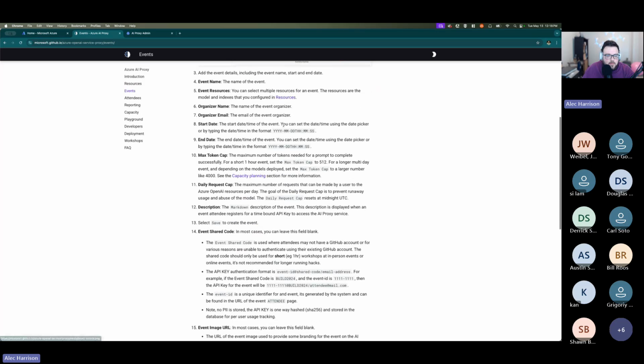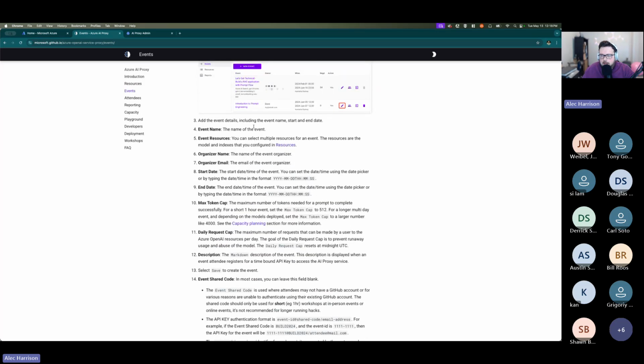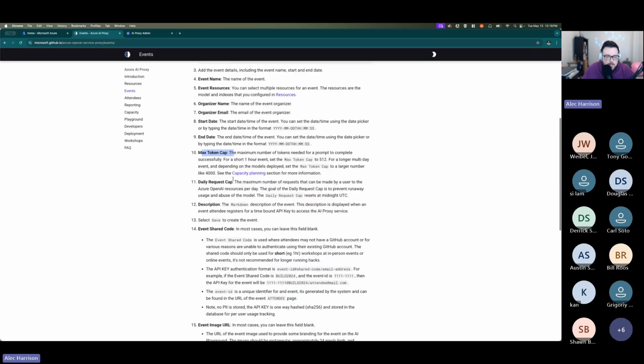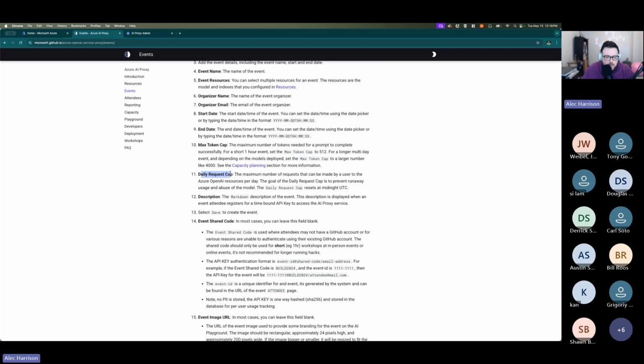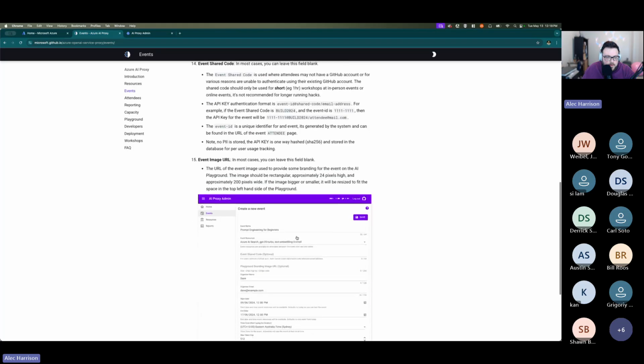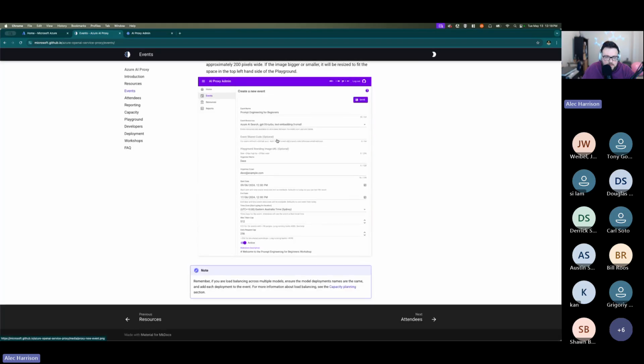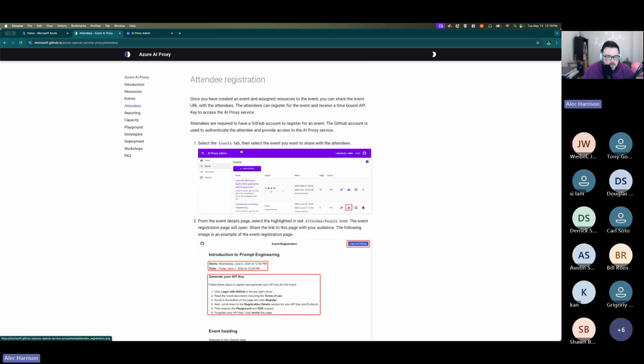So if you want to roll out multiple events, you can start and stop these. If you want to have an online event, for example, you can put a date range where somebody can register, and then where the event is no longer valid. So all those tokens that people are generating to be able to query your API then go out of sync. They're not able to be used anymore. And this is part of the max token cap. We can set a daily request cap, all that sort of fun stuff in here. And then you can even have some event pages and whatnot.